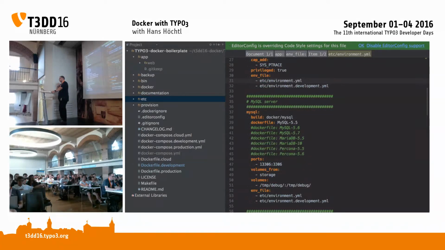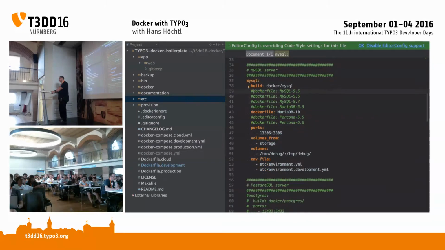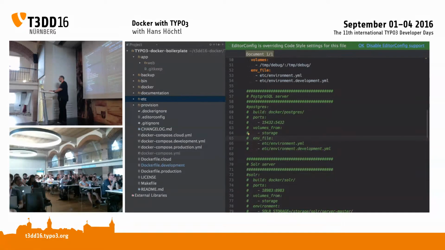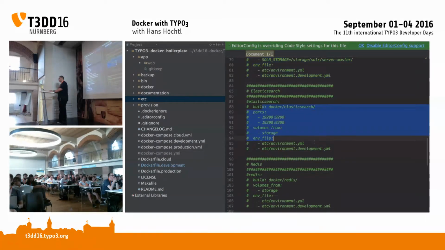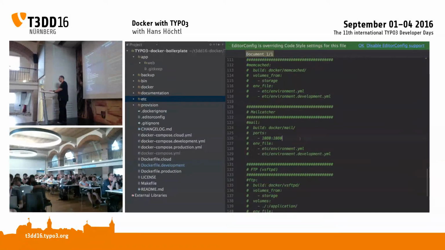And as you can see, we also prepared different versions of MySQL for you. So 5.5, 5.6, whatever. Let's say I want to have MariaDB 10. So I'll just comment that out. We want to expose our MariaDB port to our MacBook because we want to have access via Sequel Pro, right? We don't want to SSH tunnel into that and just use it on your local computer because I don't care if the socket is open. We could also have a PostgreSQL server, a Solr server, Elasticsearch server, Redis, Memcache, Mailcatcher,